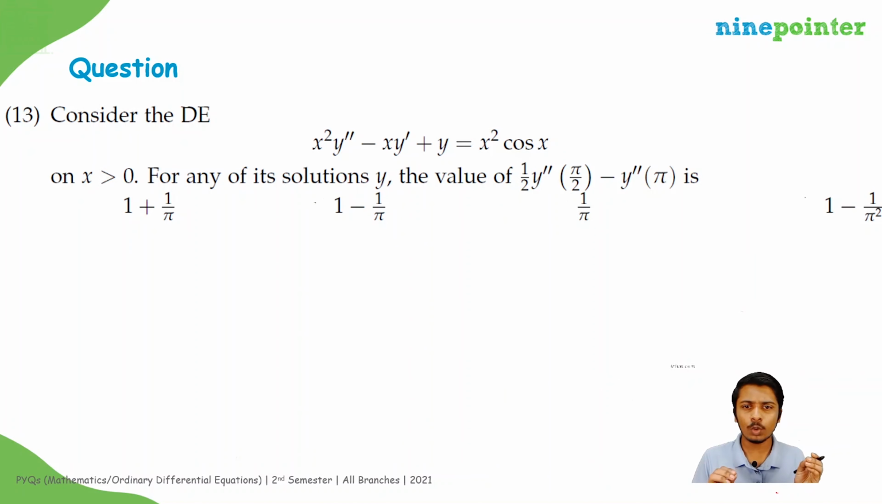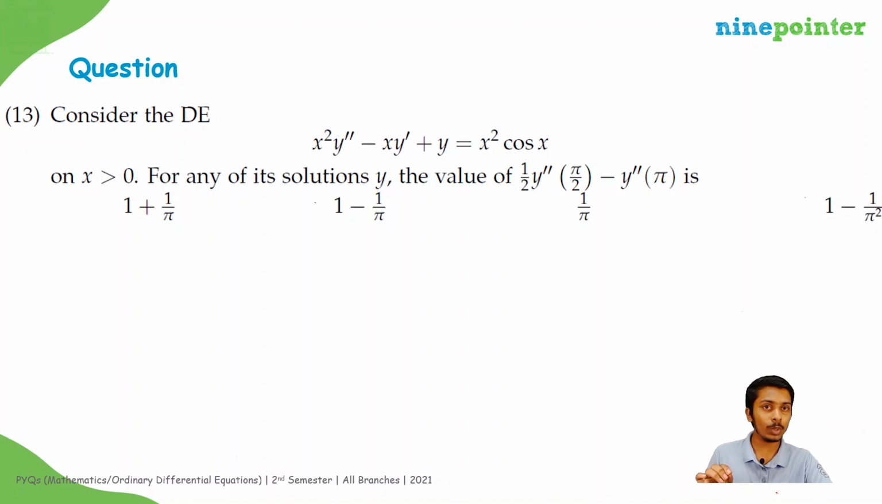Consider the differential equation x squared y double prime minus x y prime plus y equal to x squared cos x on x positive. For any of its solutions y, the value of half y double prime of pi by 2 minus y double prime of pi is: 1 plus 1 by pi, 1 minus 1 by pi, 1 by pi, and 1 minus 1 by pi squared. Okay, so we have to find the general solution of the given differential equation, which is